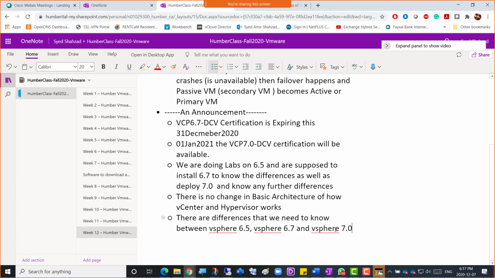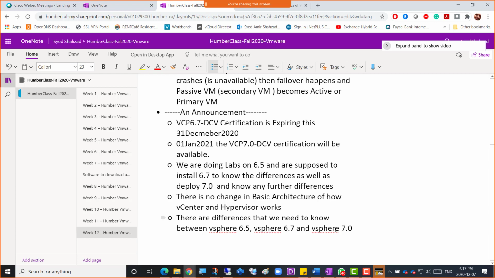Many of you may have experience with Windows Server 2012, and then Windows Server 2016 came, and then Windows Server 2019 came. If you have experience installing and managing Windows Server 2012, 2016 does not have any basic architectural changes, and 2019 also.